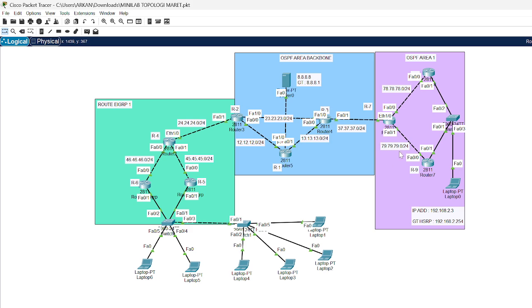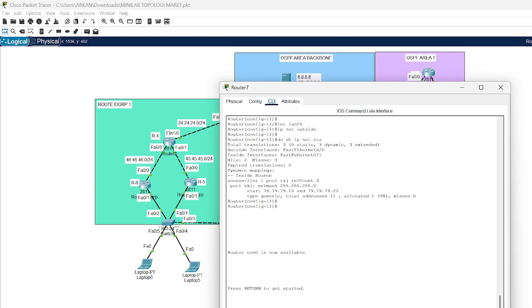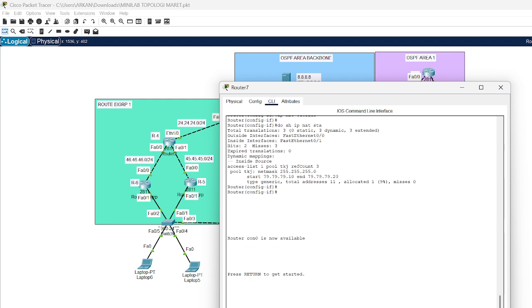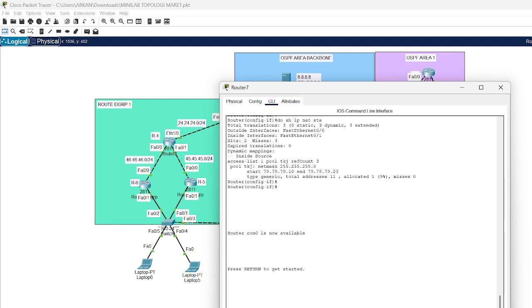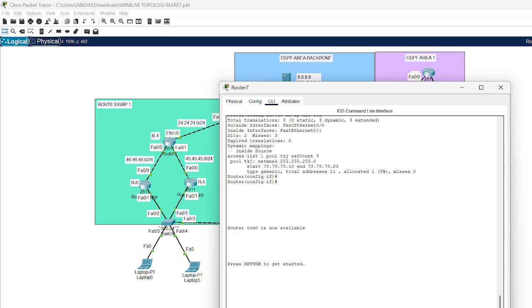Same like this, you only make routing, but in here you make the HSRP protocol, and then you make NAT also in here because here is near to the client. I'll show you the configuration in this router.